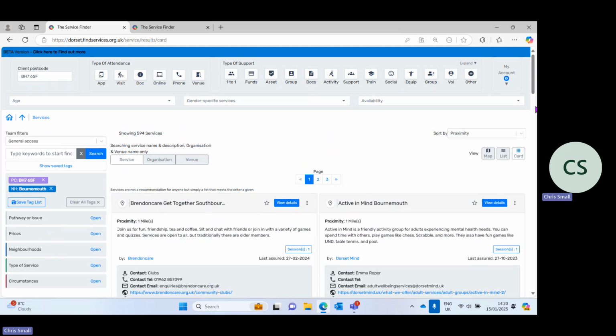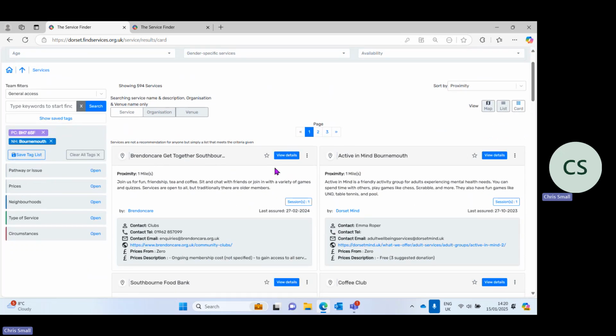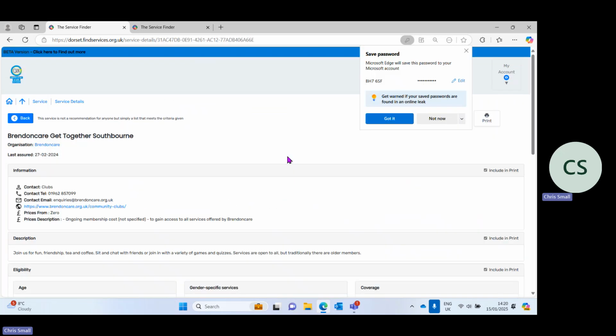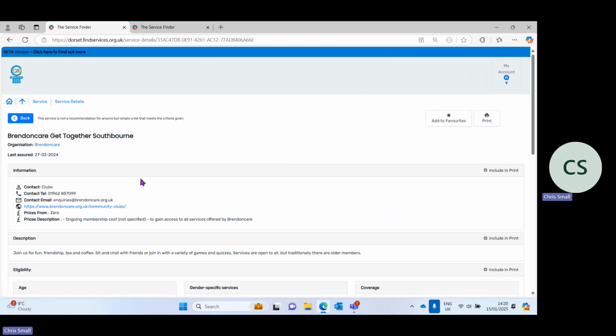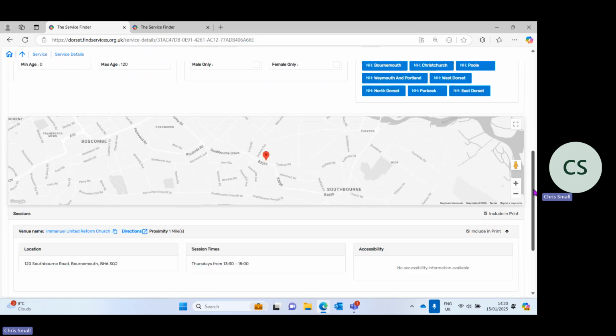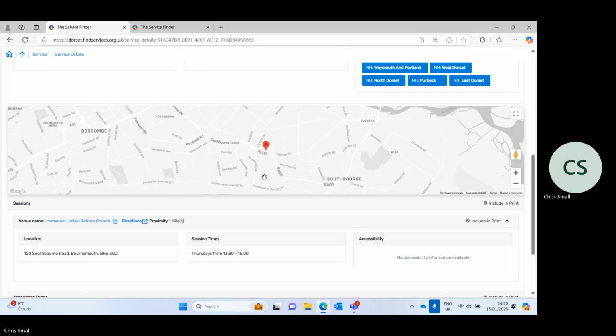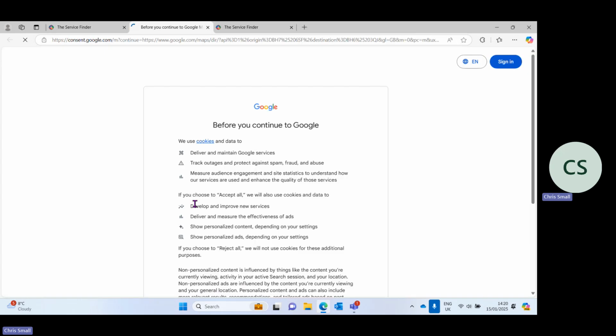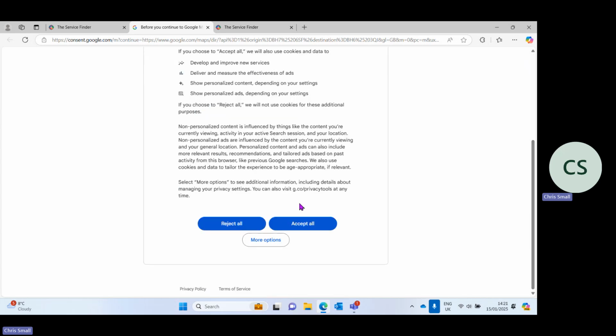If I now click to view the full information of a particular service and click view details, we get to a page that I'll come through later on where it explains a fair bit about the service available, its contact details, etc. But we also have a map here at the bottom. Because I typed in a postcode where it talks about the location of the service, we also now have a directions button as well. If I click on that, you'll see that quite quickly, after I've given permission to Google,